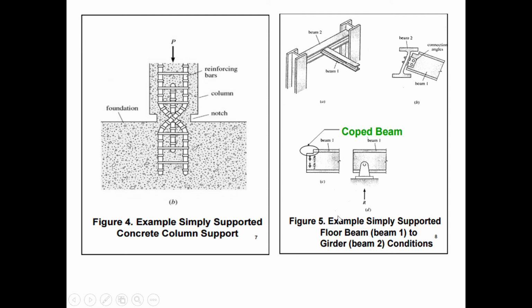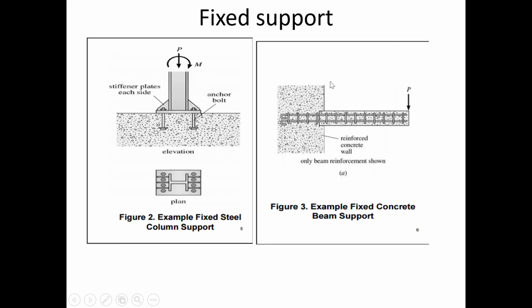So this is an example for simply supported concrete beam or a secondary beam resting on the main beam is example for simple supports. Fixed supports. So here the pedestal, the member is connected to the concrete pedestal, it is fixed support, and the connection between column and beam, it is also a fixed support. So here also example for a fixed support.